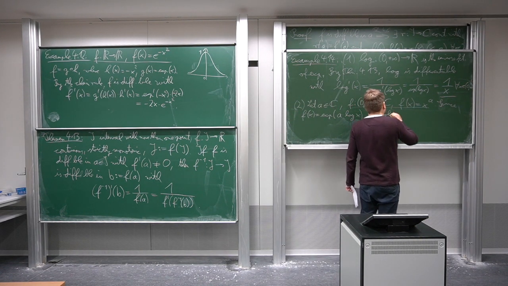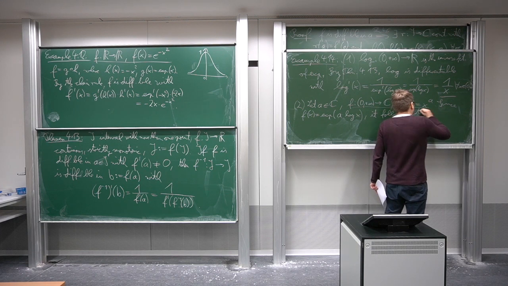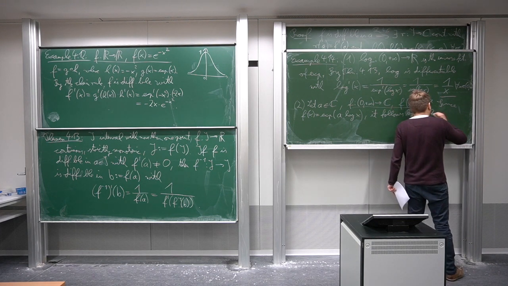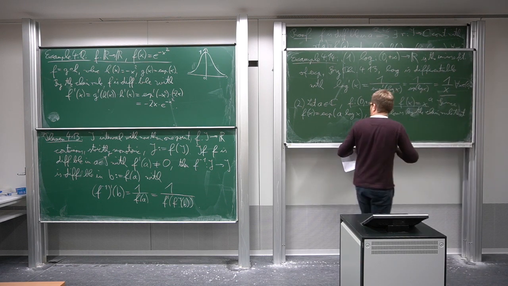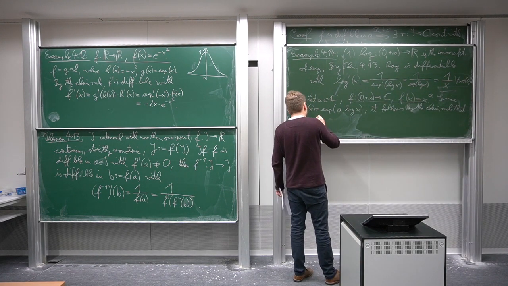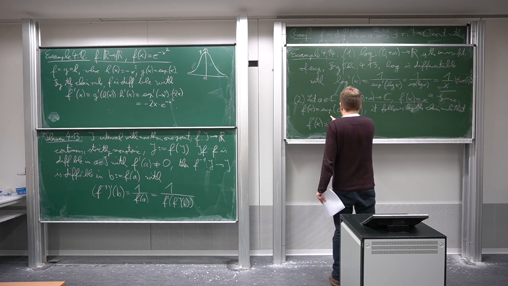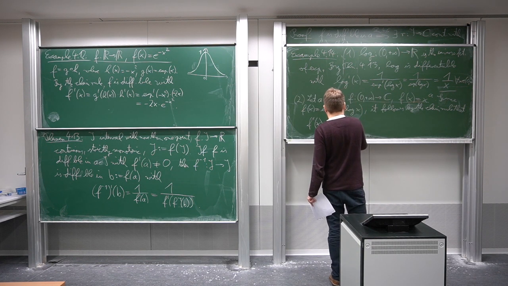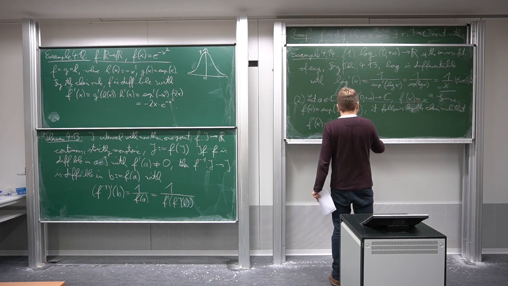It follows, so it follows by the chain rule that f prime of x, so this is now the derivative of e to the x here, so e to the x prime of a times log x